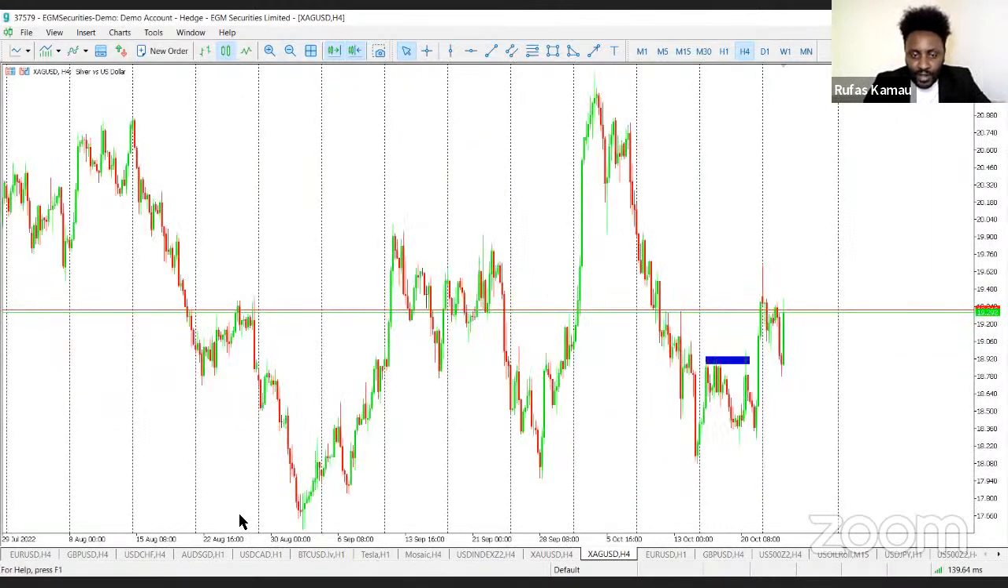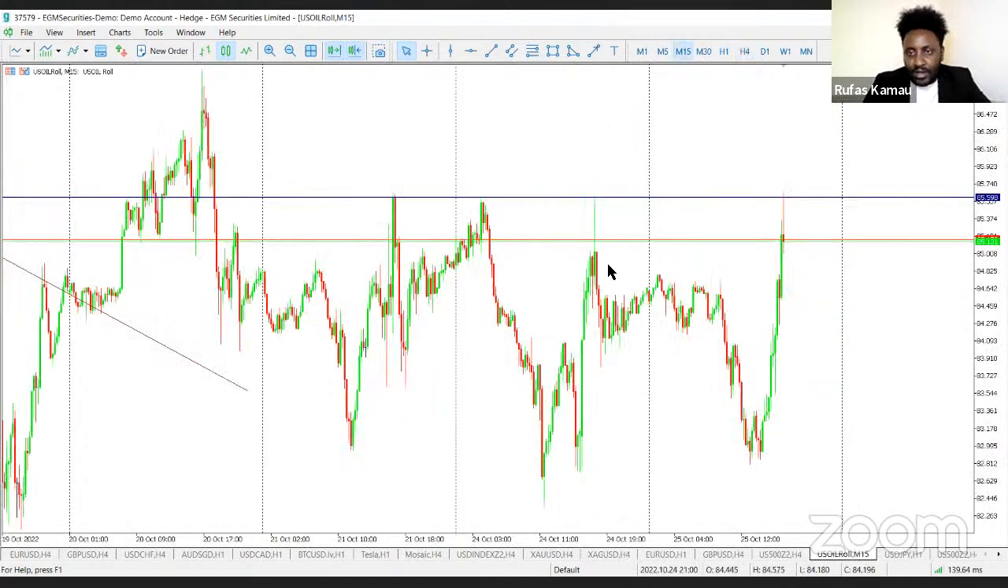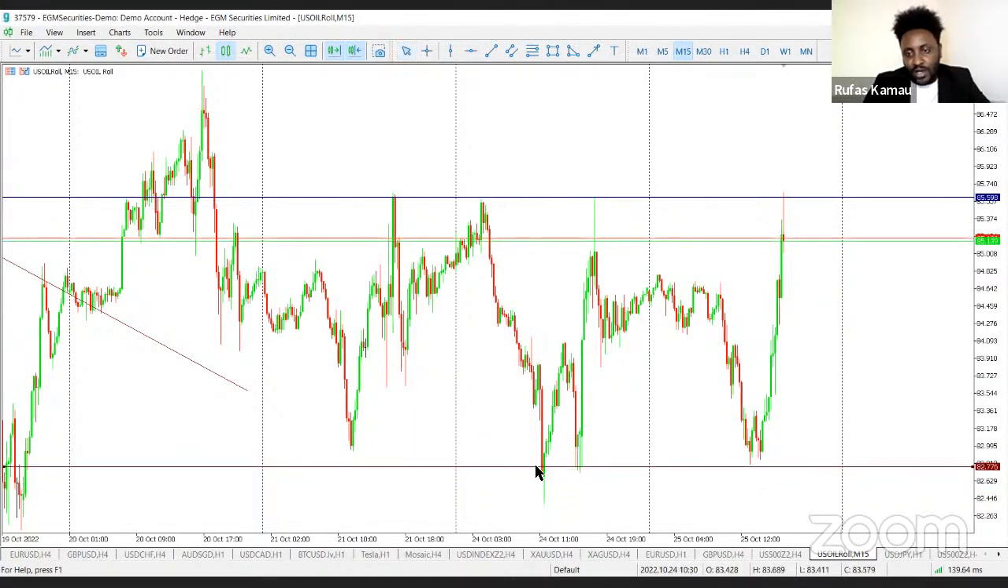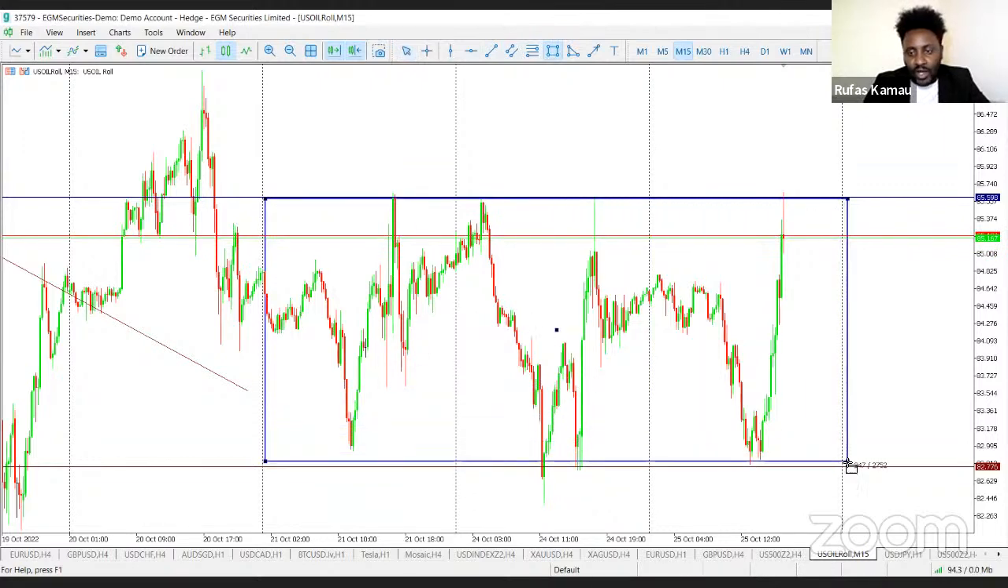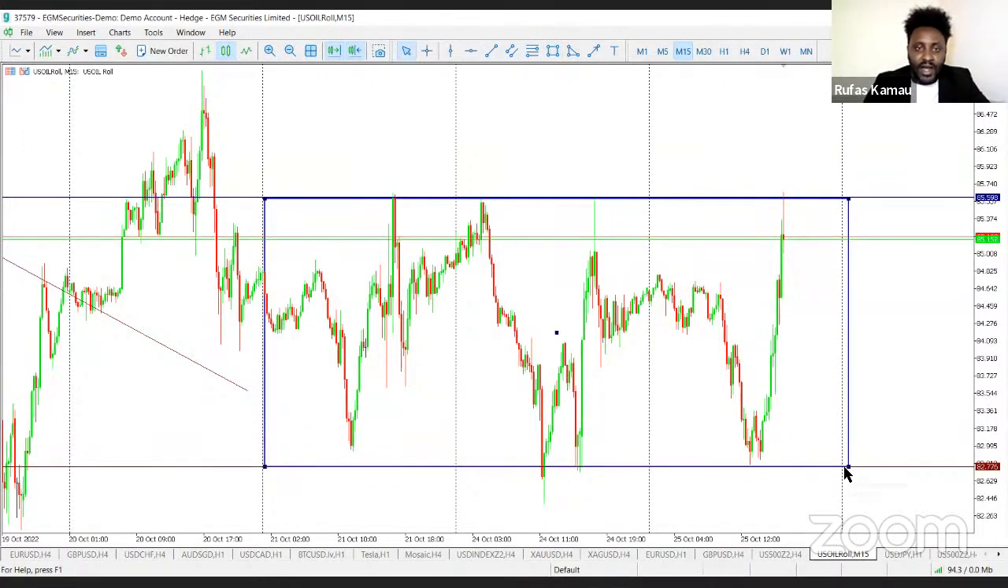Then if you look at the oil markets, these ones are very interesting. I'll be starting with the US oil. US oil has been largely in a range, or in a sideways momentum, and this is quite clear. It's not something that you have to do so much work to visualize. Clearly, since Friday last week, if you compare with Monday and also today, this range is quite clear,